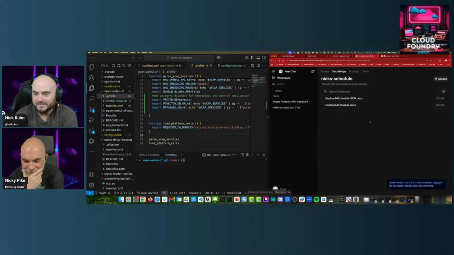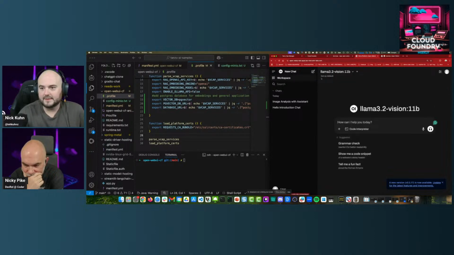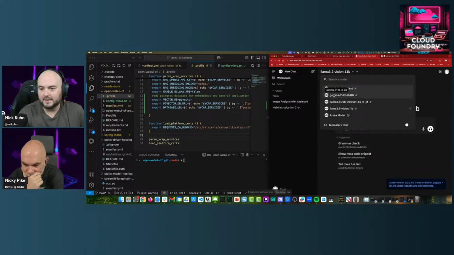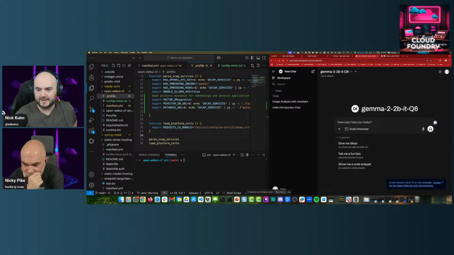But Open-WebUI can use these documents ad hoc, as you call it. These are currently going to be processed as embeddings. We'll start to see. I was seeing some of the chunking issues too, so maybe we can mix and match if we have enough time. But let's go back to chat. Let's do a new chat, and then go back to Gemma on this one, and say,